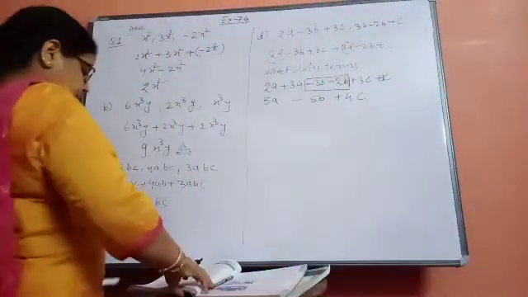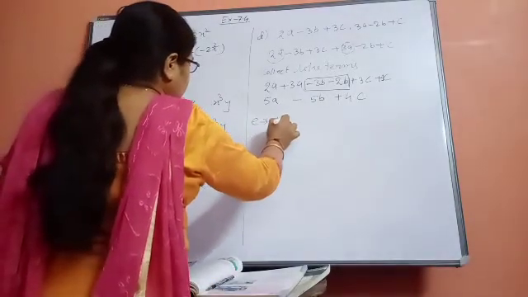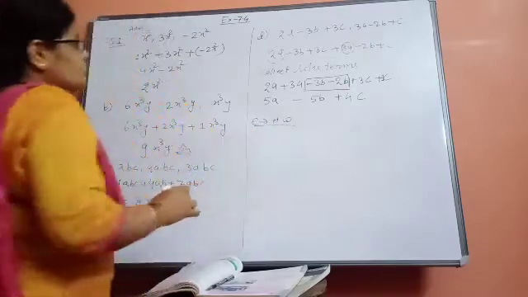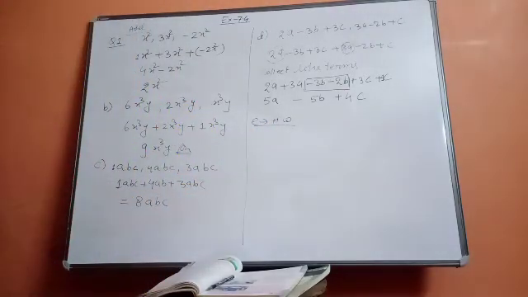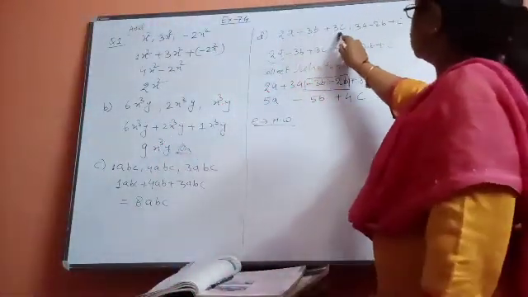Now come to the E part. The E part everybody of you will do in your homework. It is also the same as I have done. So again I am explaining how you will do this one. Okay, beta. See that 2a minus 3b plus 3c.